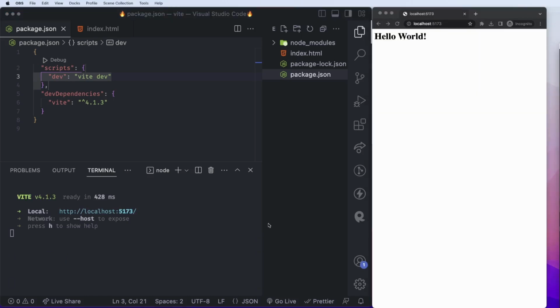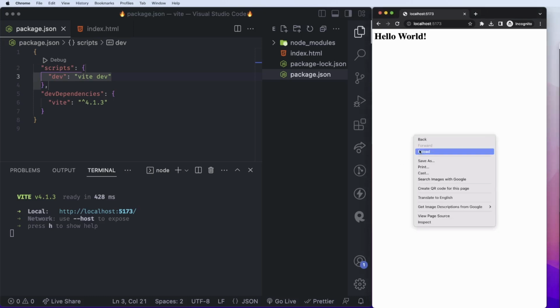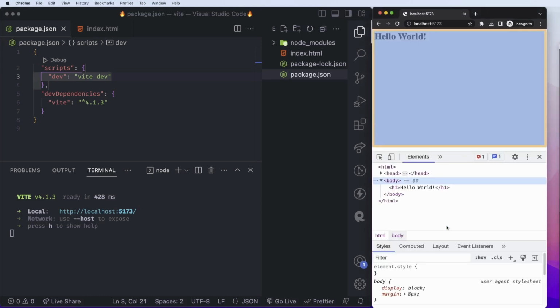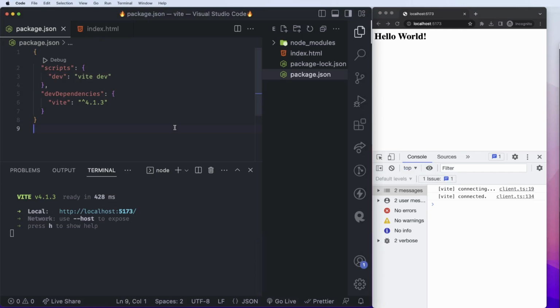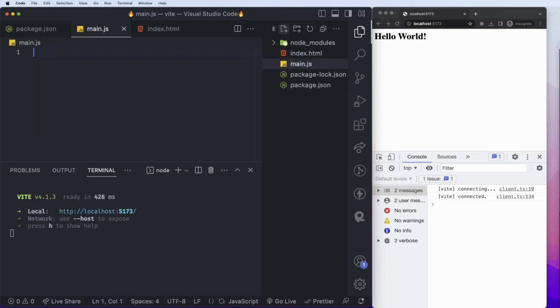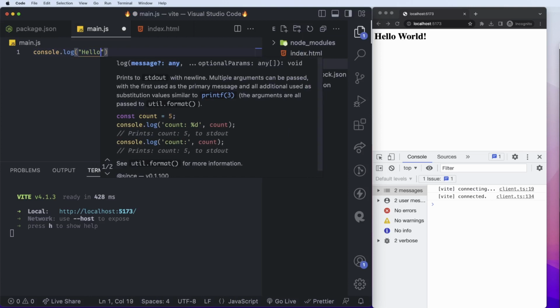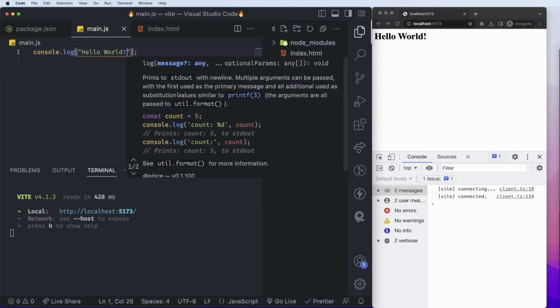All right, we have our server started and running, and as you can see this here in the browser, let me also open the inspect elements and maybe console. So yeah, with that, we have our server started. So next thing is, let's try to add JavaScript here. So let me make main.js, and for now let's simply go with console.log hello world, save that, and then